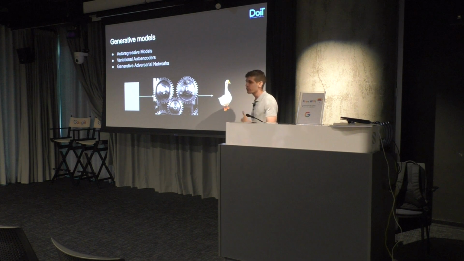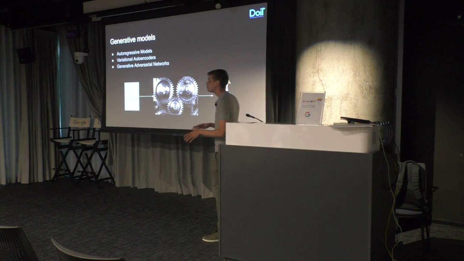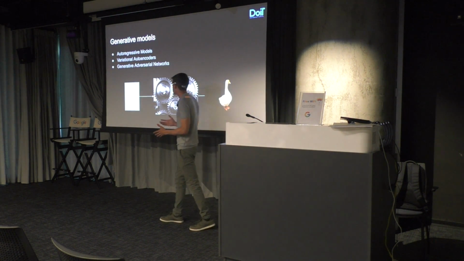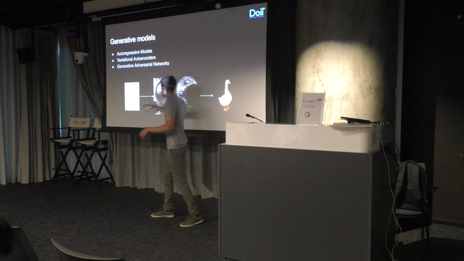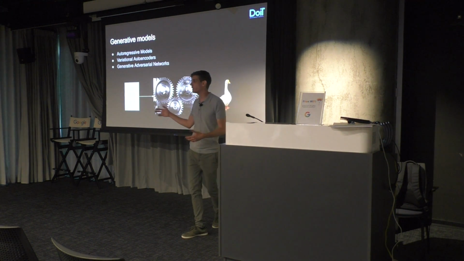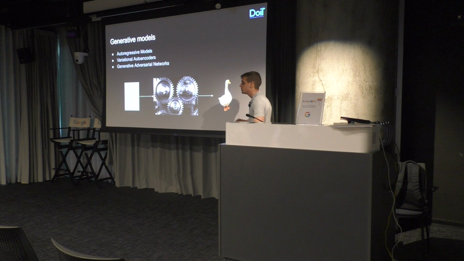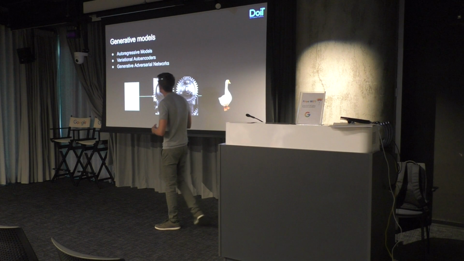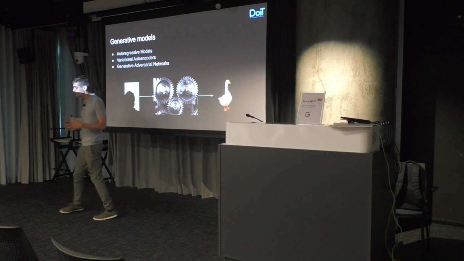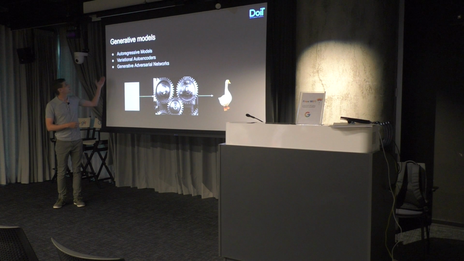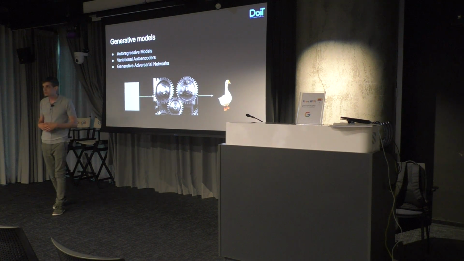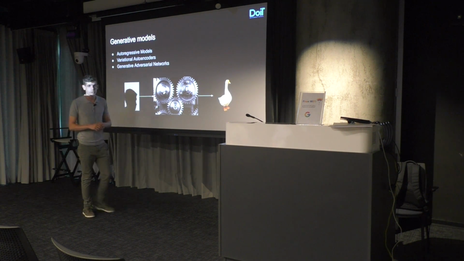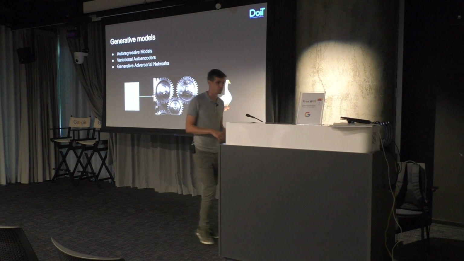So basically, for the sake of this conversation, I would mostly be talking about images. The idea of generative models is to take some random noise and then to put it into kind of a machine and generate something of a specific probability distribution. It can be, for example, images of geese. And there are several types of model families. One would be autoregressors. You could also think about variational autoencoders. And this conversation is going to be focusing on generative adversarial networks.